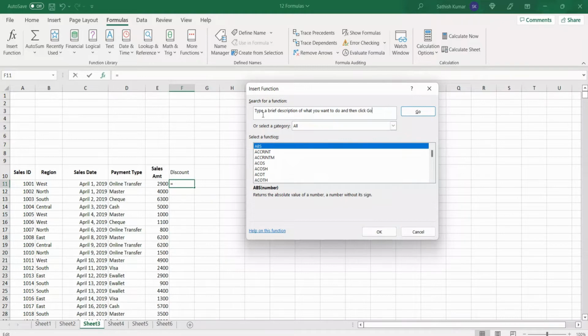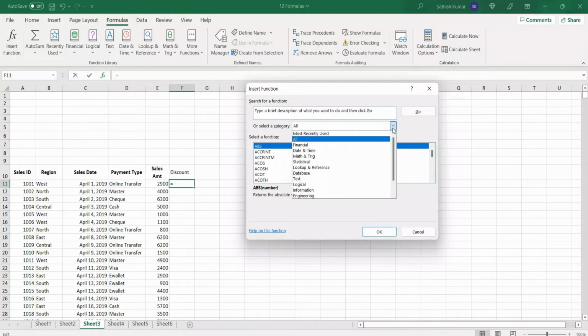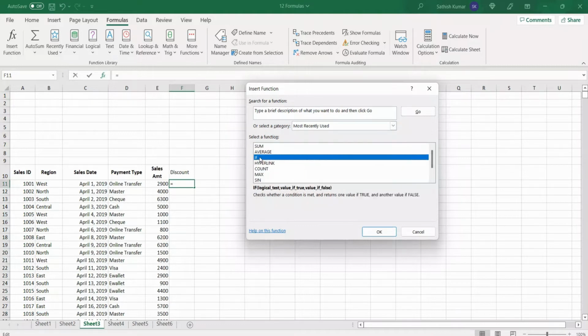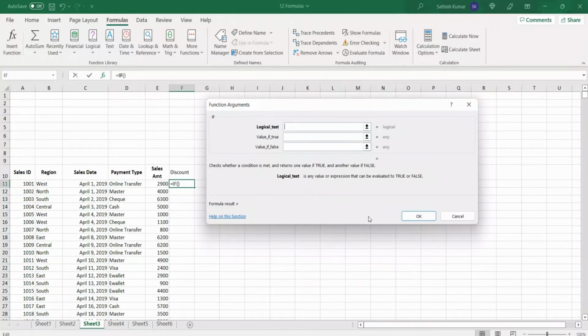So all the functions available category wise: financial function, date function, mathematical function, trigonometrical, lookup. So all types of functions are available here. Recently used means this is the most recently used function in my system. For example, assume that I am going to use this function called IF, and I say OK. It opens the function argument dialog